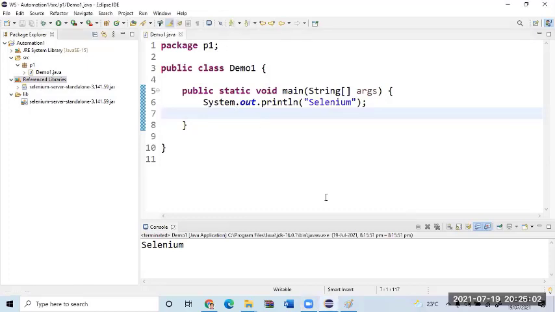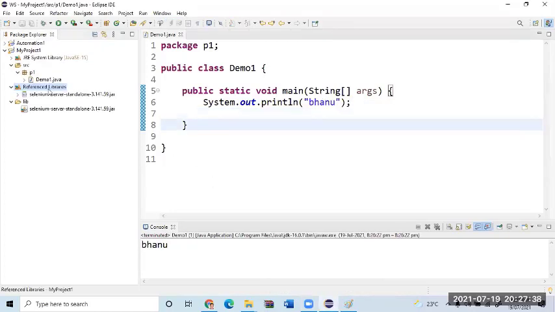Now, honestly speaking, Selenium installation is over. That's all you should do. We are ready to write Selenium code. Is it easy? Difficult? Easy, sir. You might have seen so many software installations: download, double click, next, finish, restart, so many issues. Here, what we did is simply copy paste and add to build path. Over. Those are all the simple steps.